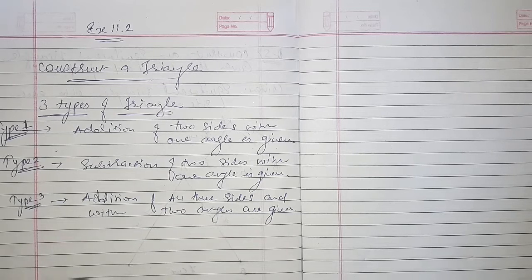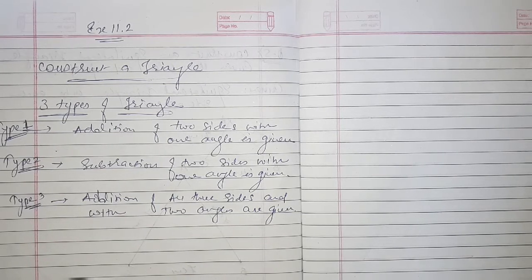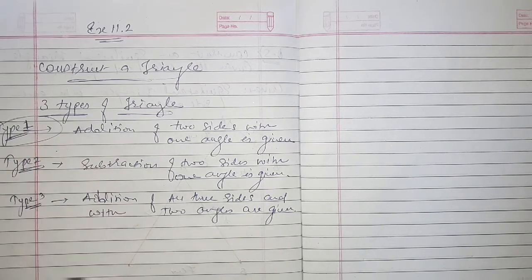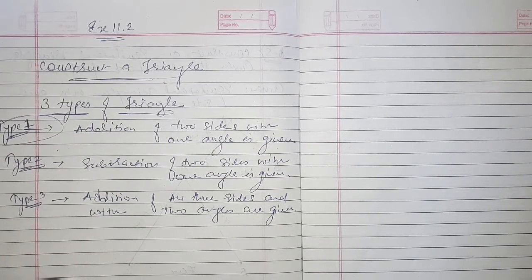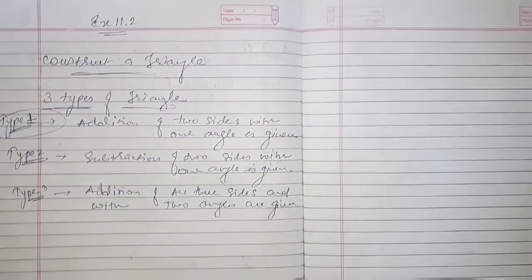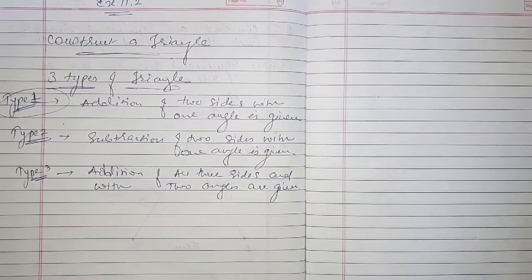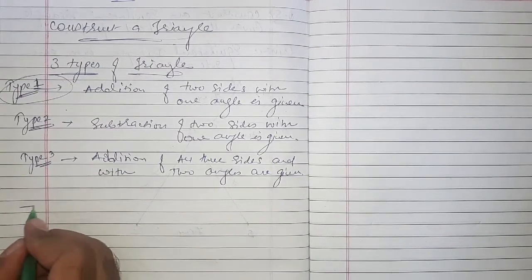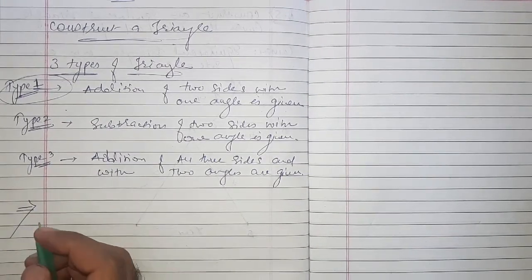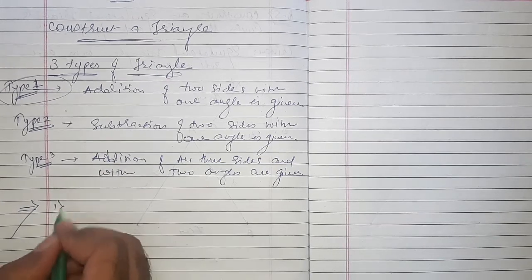Okay, clear that? So first of all we have to learn about type 1, that is, if there is an addition of two sides with one angle given, how to construct them. So here we have to take the first question, that is